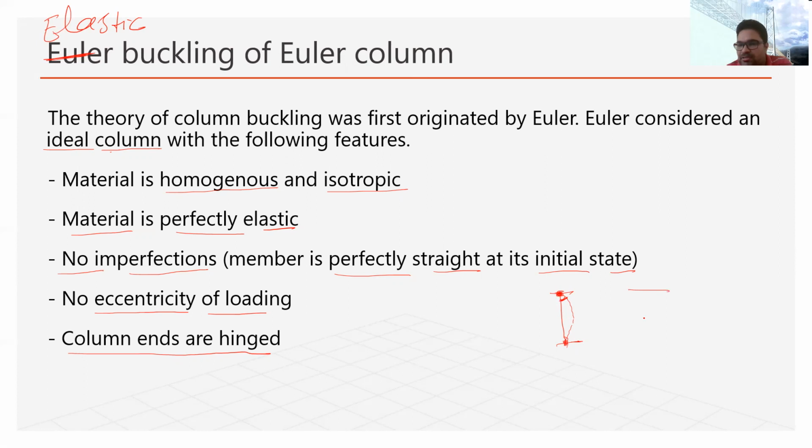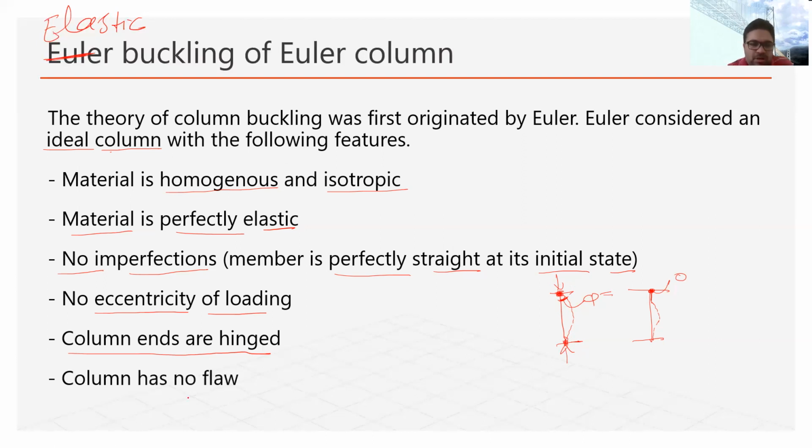If it were fixed, then the buckling will occur like this. It means there is no angle like this. If it is theta, at this point it will be 0. So theta will be 0 here, but here theta will have some definite value under the load. So in his case, he has considered that the column is hinged at both ends,